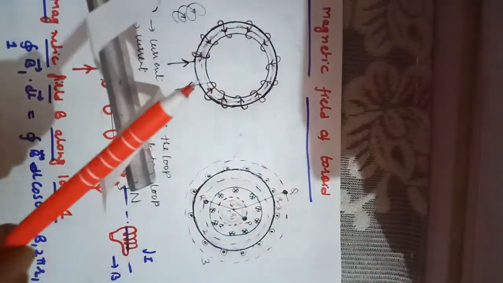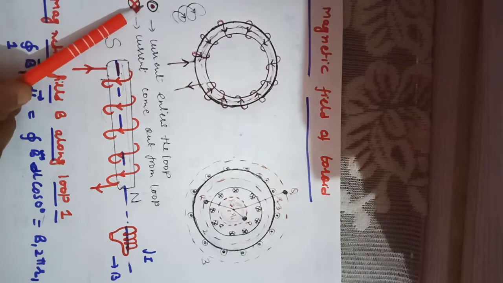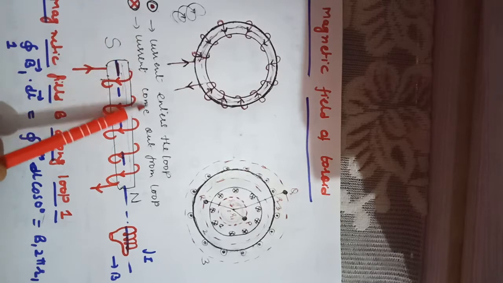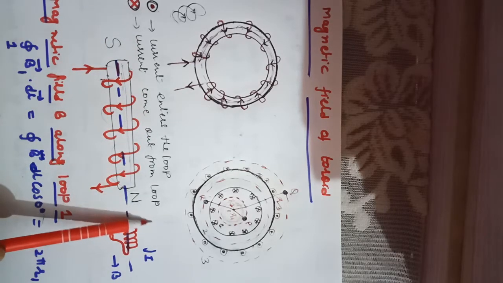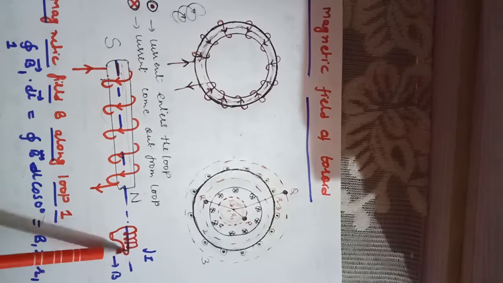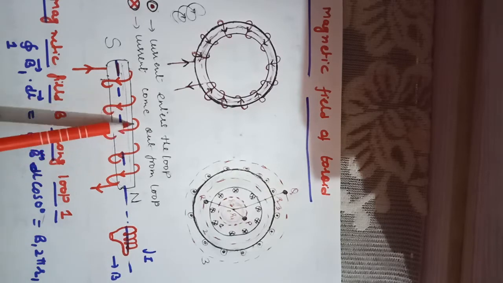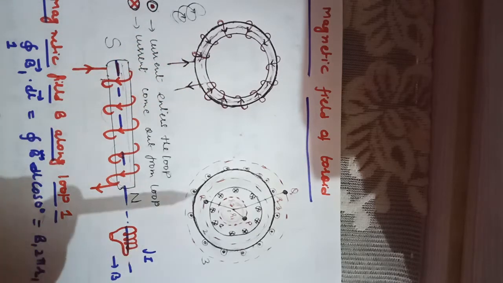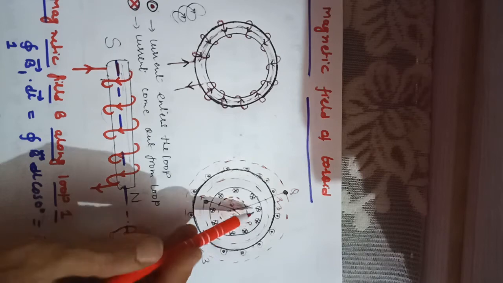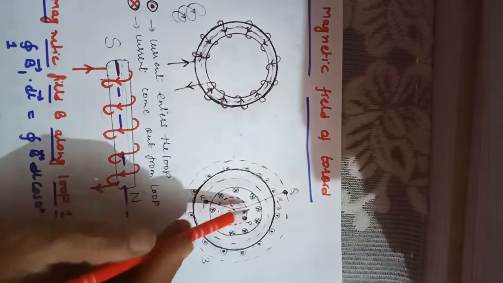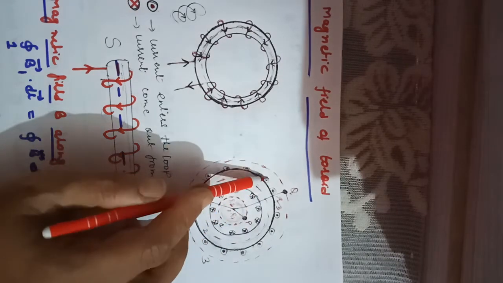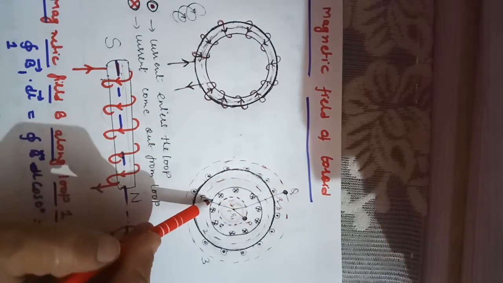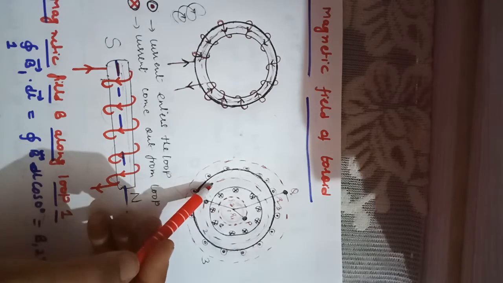So the outward direction will be the dot, and the cross will be the direction where current enters the loop. This is the current loop rule you have to apply in the case of the long solenoid, and also in the case of the toroid. That is why here I have made it so that from the inner circumference the current is entering, from the upper circumference the current is entering, like this, but from the lower face it is coming out.